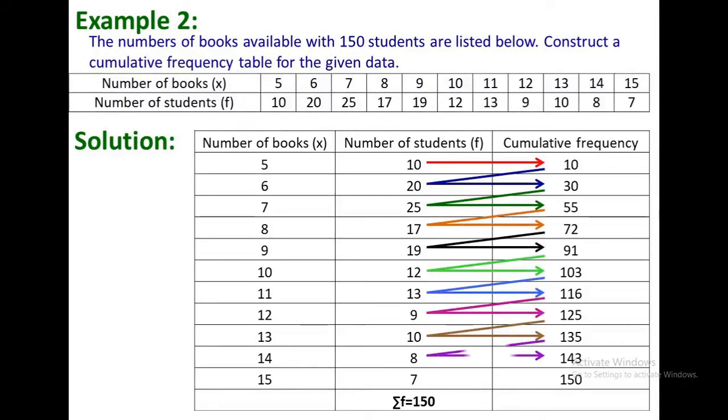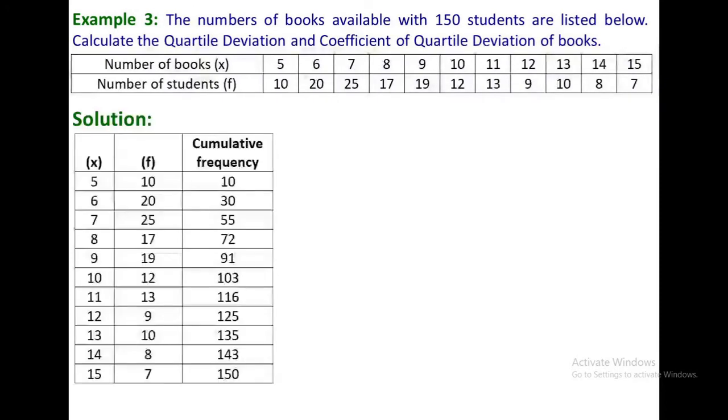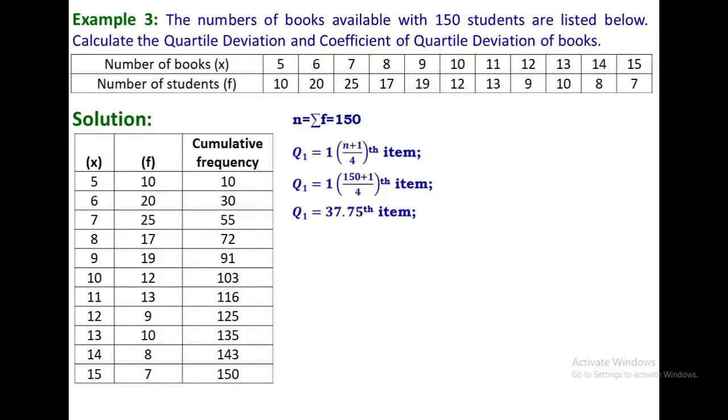Now we will use the same example to solve the next question. We have to calculate the quartile deviation and coefficient of quartile deviation for the number of books. So first of all, we will make the cumulative frequency table. As the total number of variables or the sample size is 150 over here, the value for quartile 1 will be equivalent to the (1 × (150 + 1)/4)th item, or it will be equivalent to